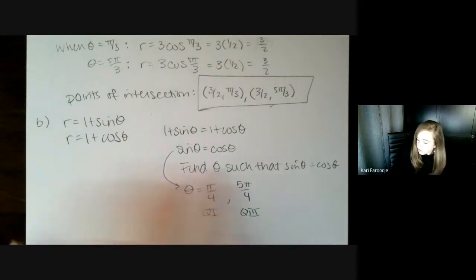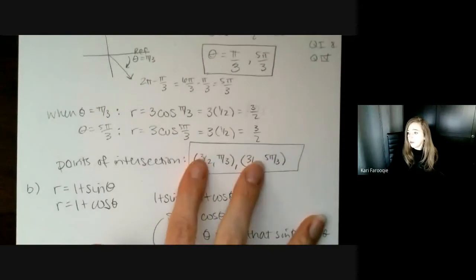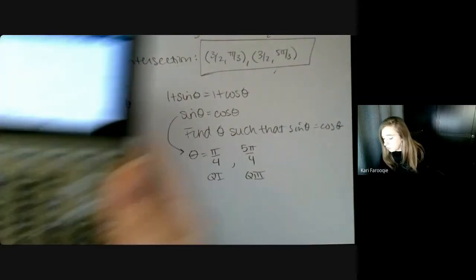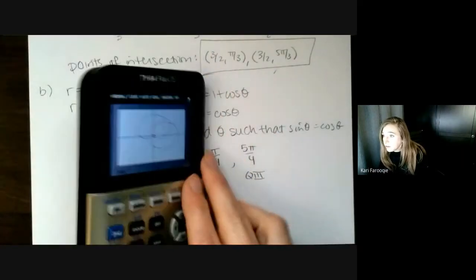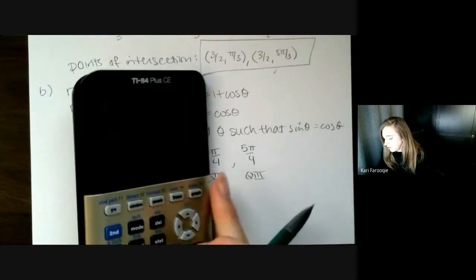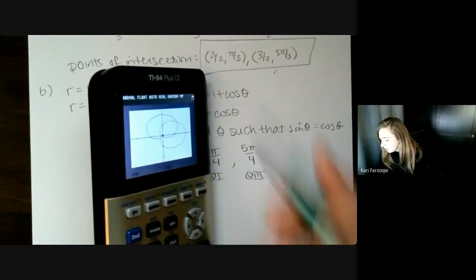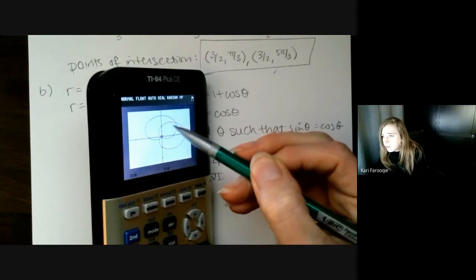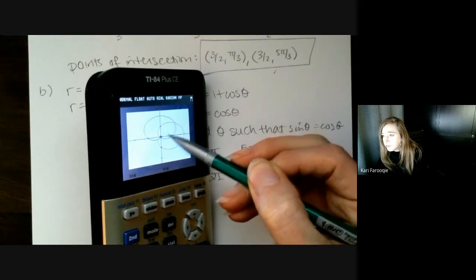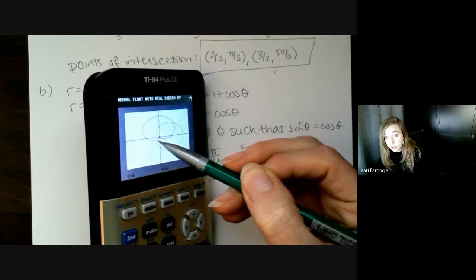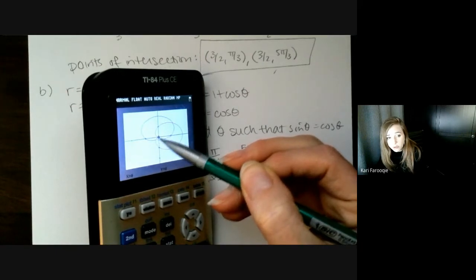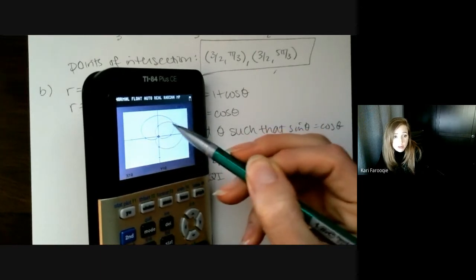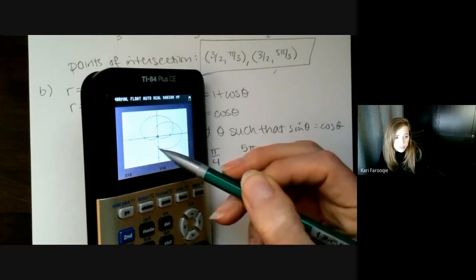Last time when we did one of these, we ended up having the same radius values for both points. You're not going to find that to be the case here. If you do, something is wrong. Look at the distance. The distance between the origin and your intersection point in quadrant 1 is much greater than the distance between the origin and your intersection point in quadrant 3. So this is a much smaller value for R. That's something you should be thinking about as you find your values for R: this value should be greater in quadrant 1 than the value in quadrant 3.